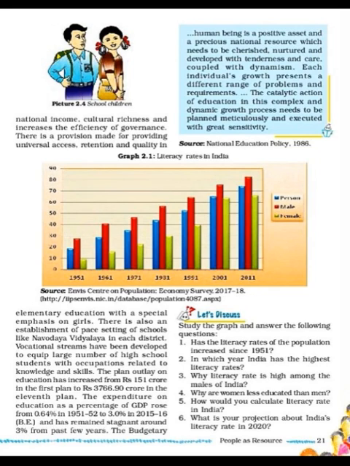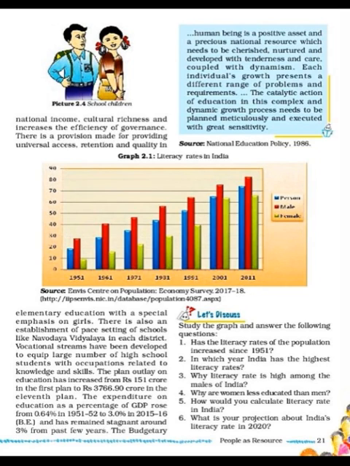Okay, so if you see this graph very carefully, you will come to know that the blue color is for the overall ratio, and red color is for the male literacy rate, and green is for the female literacy rate. So it is clearly evident through the graph that male literacy rate is always more than the female literacy rate. If you see the year 1951 also, the male literacy rate was 28%, and female